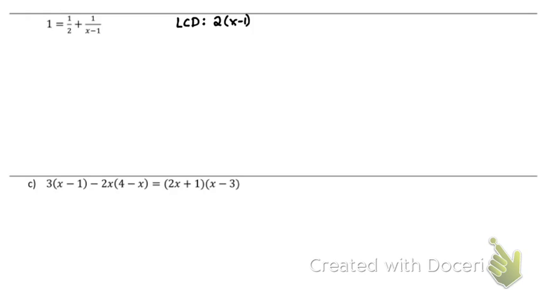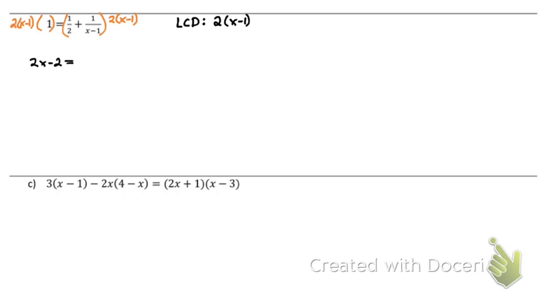So we are going to multiply both sides by that 2 times that x minus 1. So I have 2 times x minus 1 times that 1. Multiply this side by 2 times x minus 1. Now, obviously, when I multiply this left side by that 2 times x minus 1, I can go ahead and distribute now. That's 2x minus 2